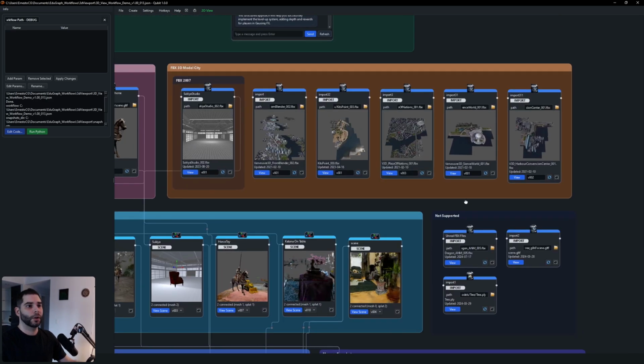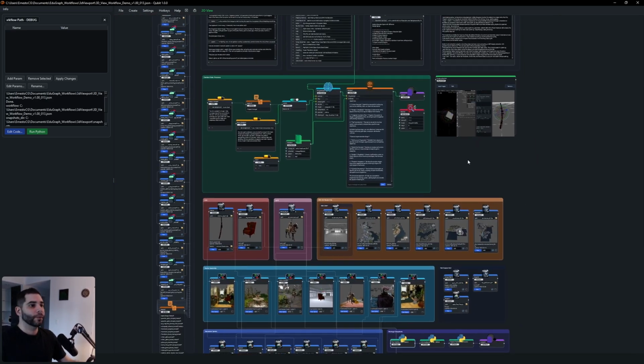And yeah, that's going to be all the updates for the chatbot